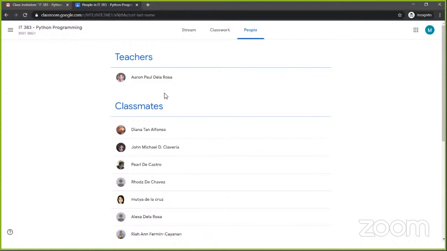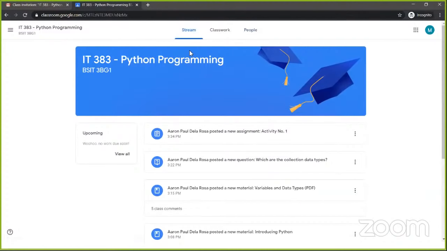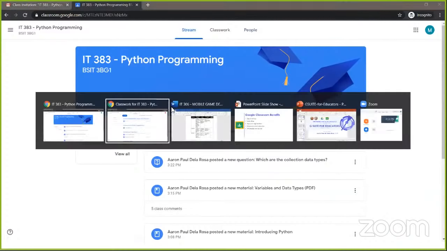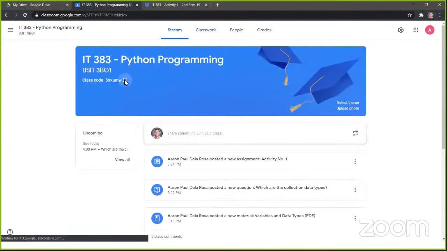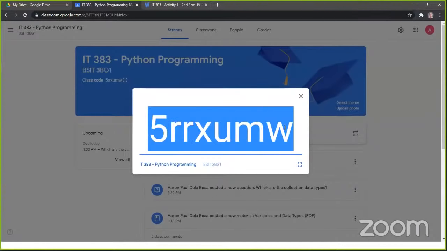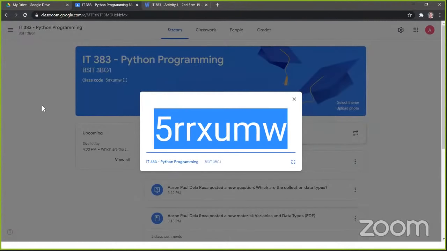So let's have another student. Let's have another student naman po na mag-join using the class code. So balik po tayo kay teacher saglit. Teacher, ito po teacher. So ito po yung ating class code. So ika-copy ko lang po ito para makapag-join yung isa pa nating student na gustong mag-join dito sa ating class. So I'll be copying this one. Then, nagamit ko na po yung normal na Chrome, yung incognito na Chrome. So I'll be opening another